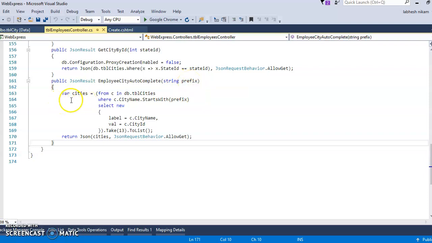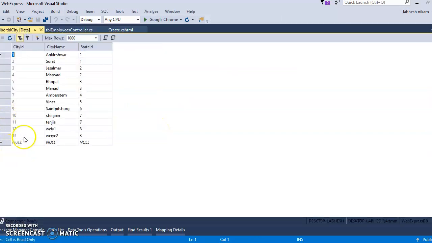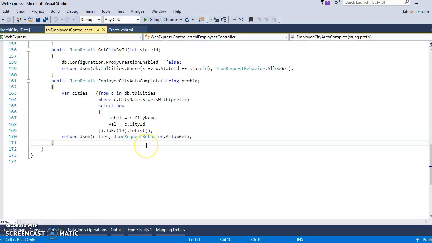From the city table: var cities equals from the cities table, display the names of the cities that start with the character the customer has typed, so include this prefix parameter. Inside that you display the name as a label, so label equals c dot city name, where c dot city id is the value, and .Take(13).ToList(). Suppose your table has 13 records; take 13, or take all the list, and return that with JSON.